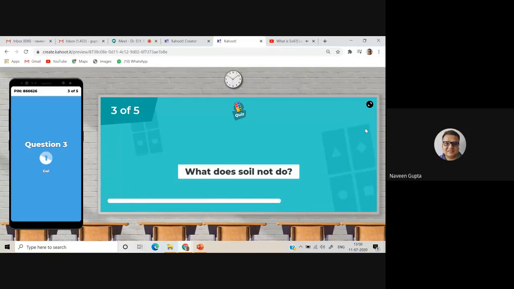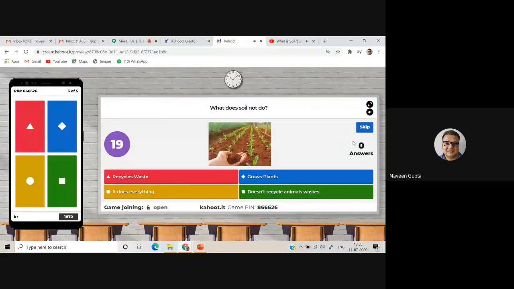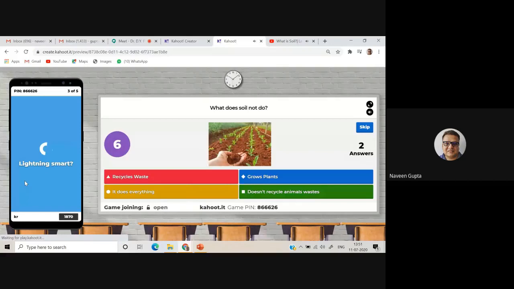What does soil not do? Because I have just added it, I am not aware. Does not grow plants. Not to do. I don't know which answer. So we got an answer. So this is a way we can check.